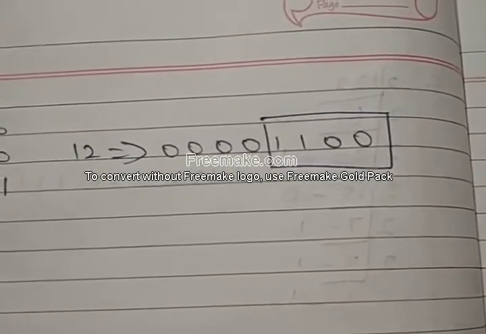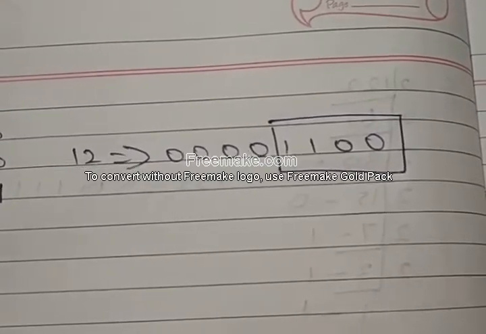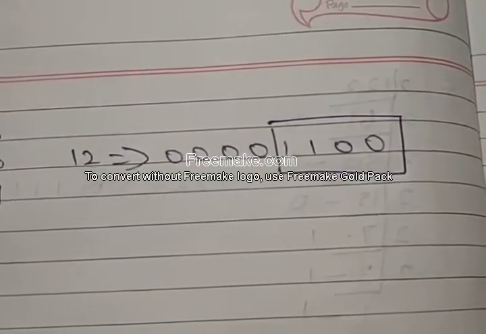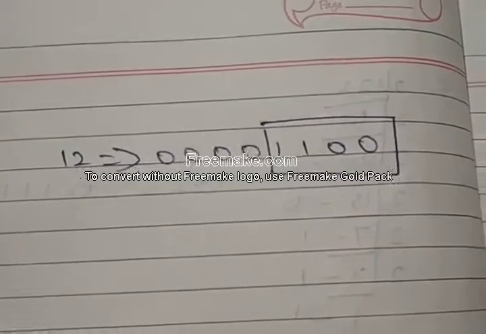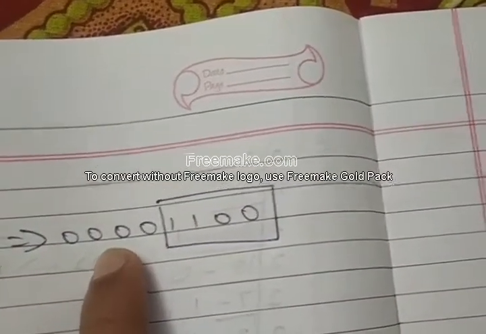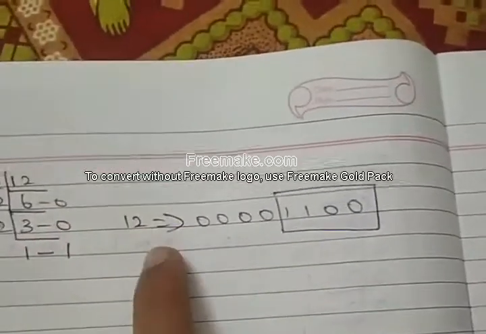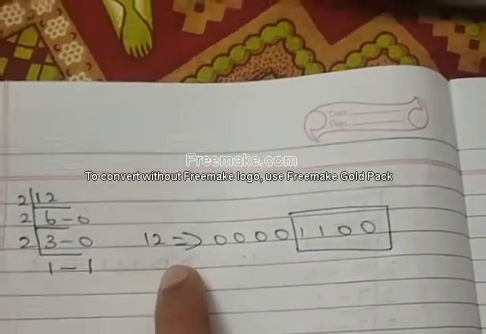So write it in binary format. This I taught you already, right? Okay, write in binary format. The binary number of 12 is 00001100. All these 8 bits form 1 byte. The leading bits are of no use because those are zeros. So count from here, 1100 is the answer for 12.